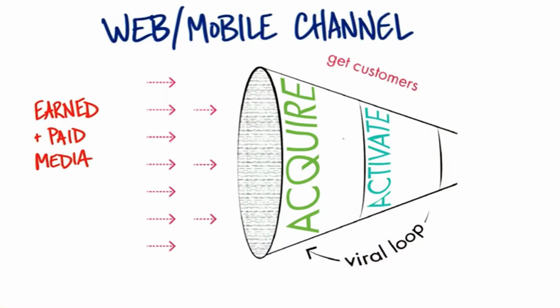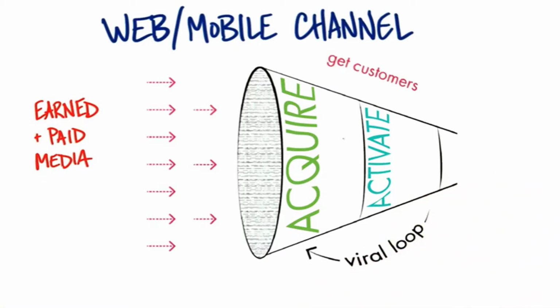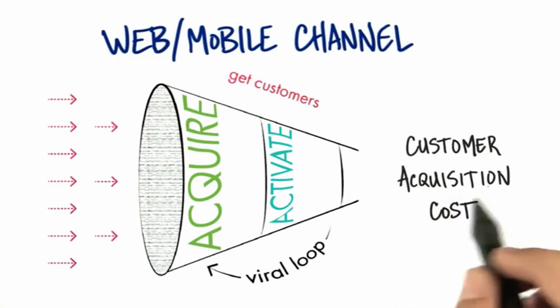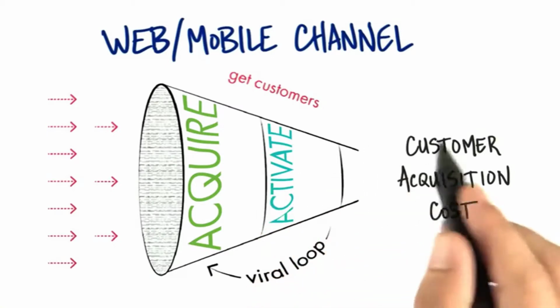So in theory, understanding acquisition and activation seems pretty simple. I get it. I understand who my customers are, and then I figure out what earned and paid media I want to use. And on the web, that might be paying Google for AdWords, and I want to acquire them, and I want to activate them. How hard could this be? Well, it actually gets kind of fun, because the real metric, the way we kind of measure things, the language we use on the web, is customer acquisition cost. And what we want to do is figure out how much is it really going to cost us to get an activated customer out here on the right hand of the get funnel.